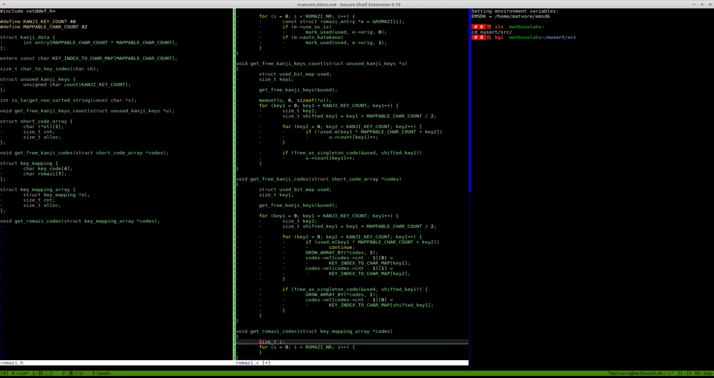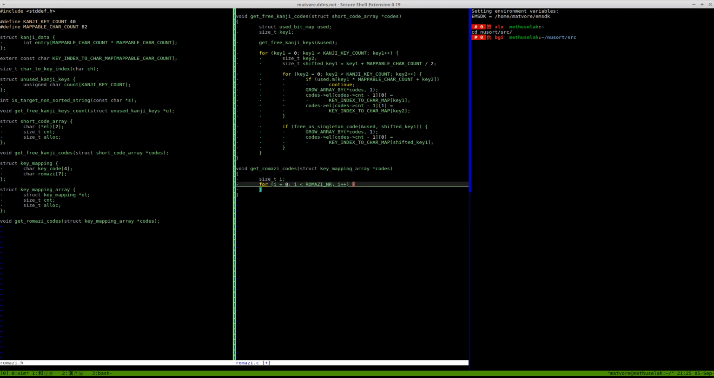And we also have a codes array. We don't have to initialize it. The caller should have initialized it. And these arrays are trivially initializable. Just set it all to 0, all the bytes to 0, and it will be useful. So